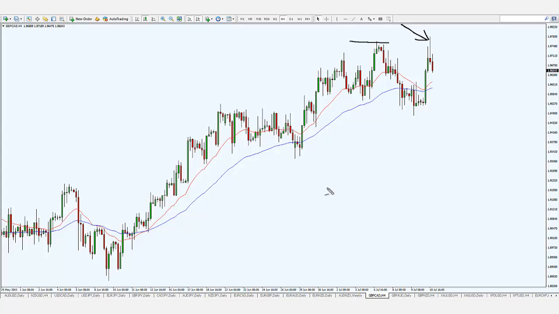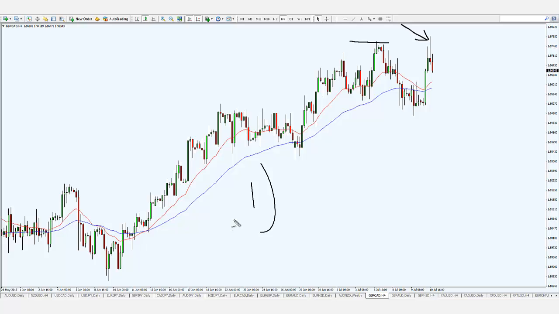For those of you who don't want to trade counter trend, that is fine, right? There is nothing wrong with it. But for some of you who believe that counter trend can be a viable way to extract additional profits from the market, this is what you would have to consider. First things first,